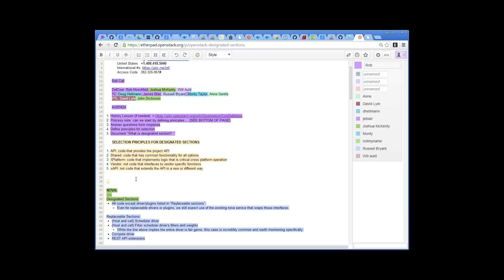That's actually the reason why I'm trying to switch us to principles, because I think the question you guys were talking around is, if a vendor says, I want to replace this part of OpenStack because I have another way to do it, that to me might indicate that the code is not designated. This isn't black or white, but if a vendor's saying, I have a substitute scheduler like what you're describing, then for the code they're trying to replace, we should be asking, is it really designated? That's why that's principle number 4 to me.